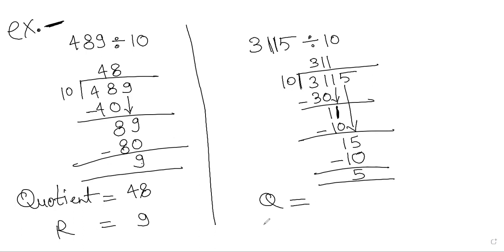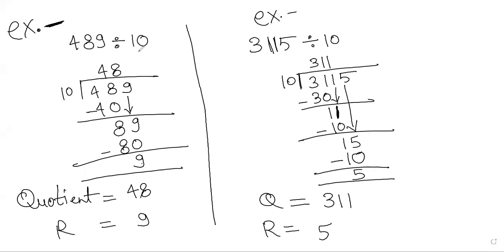Now identify what is the Q and what is the R here. Q क्या है? इस वाले एग्जाम्पल में Q क्या है? What is Q? Yes, 311. And what is R? Yes, 5 is remainder. Now there is a rule. On dividing any number